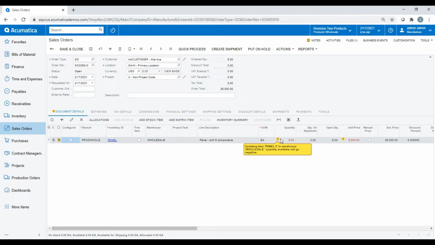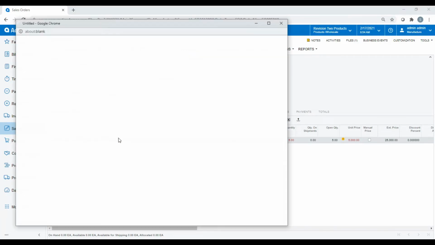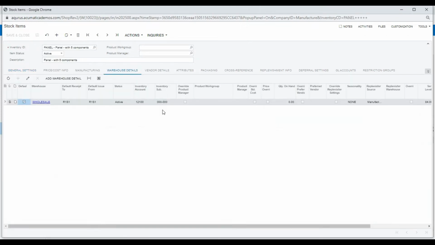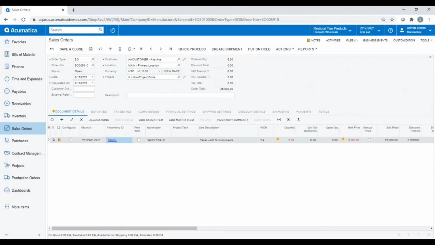So here you can see that the system is also yelling at me because I don't have inventory on hand. I don't have that quantity. I have not manufactured this item. So if we drill down into the inventory ID just for a point of reference, and go to our warehouse details, we'll see that there is a 0 quantity on hand. And we don't really want to go into negative inventory. That's not typically a recommendation that we give to anybody, but this will obviously go away as soon as we